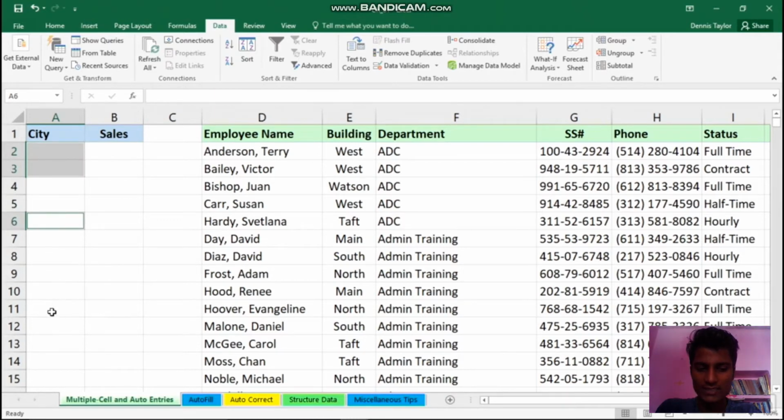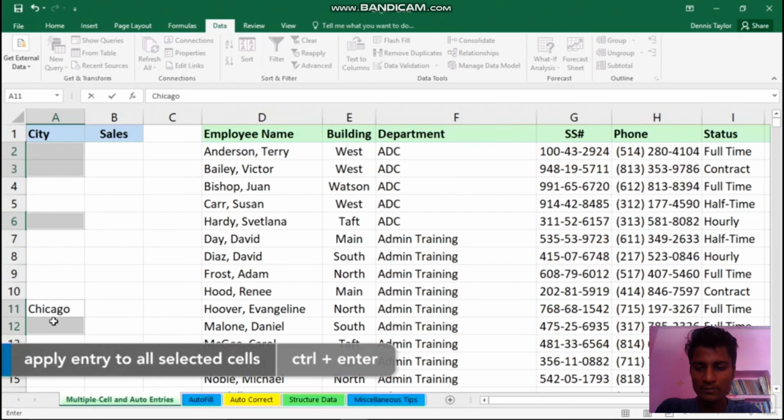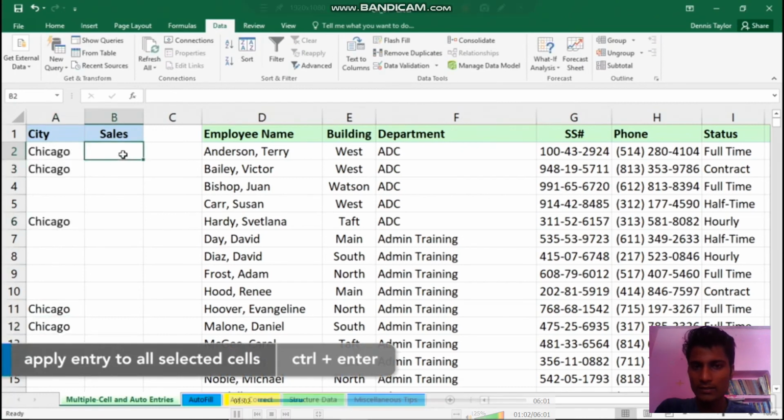The same city is going to be in rows 11 and 12. So again, the Control key is being held down as I highlight these cells. All of these are for the city of Chicago, so I'll type Chicago. But rather than typing that and then copying it to the other locations, I'll simply press not Enter, but Control Enter. That saves me some time and it eliminates that drudgery of repeating, and that's where